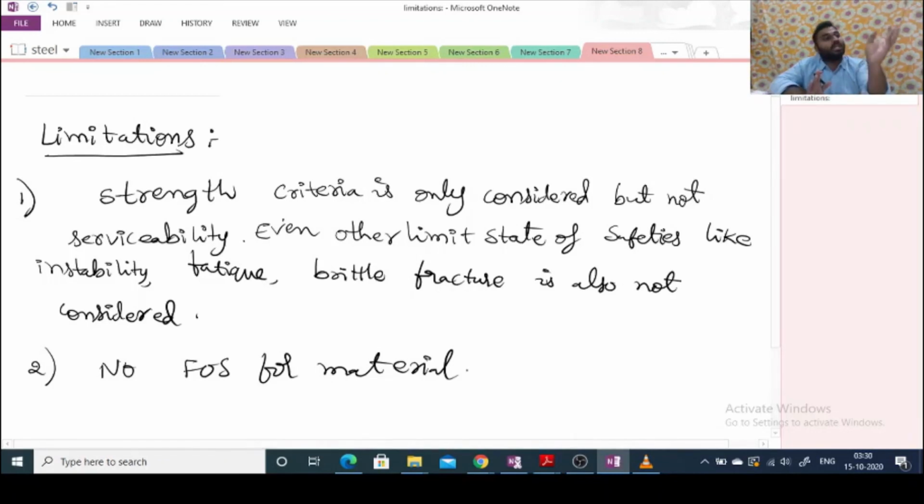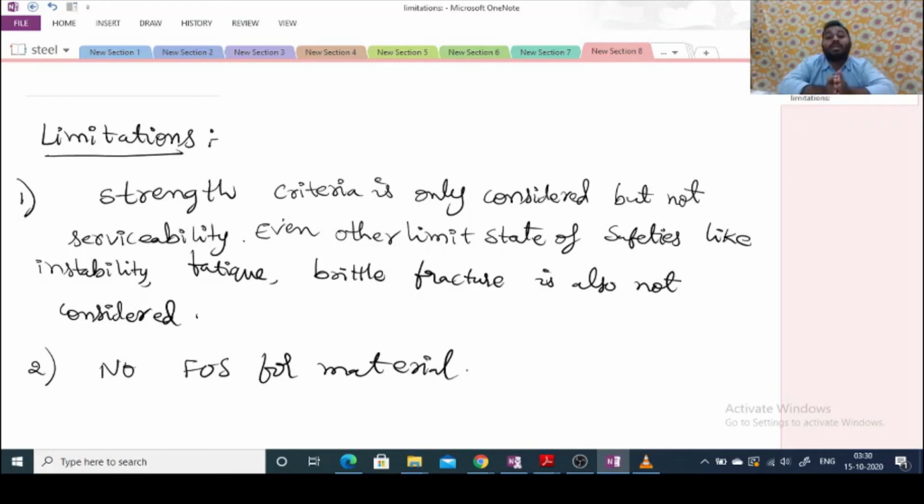So we have seen what is meant by working stress method and some provisions related to the working stress method mentioned in IS 800 1984. After that we have seen the limitations. The limitations of the working stress method gave way for the plastic method. Some limitations of the working stress method are overcome in the plastic method, but still the plastic method suffers from some limitations. These are the limitations.